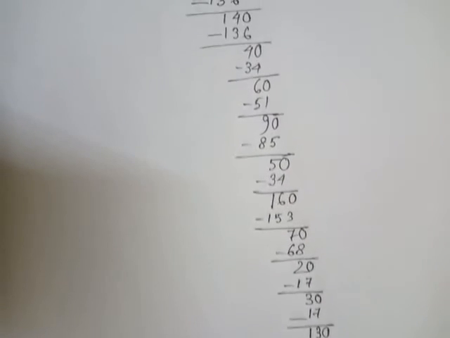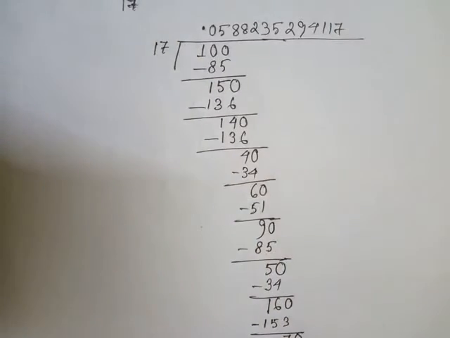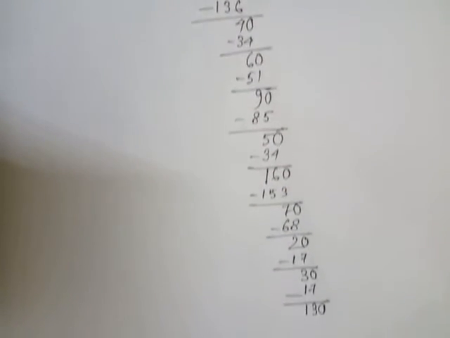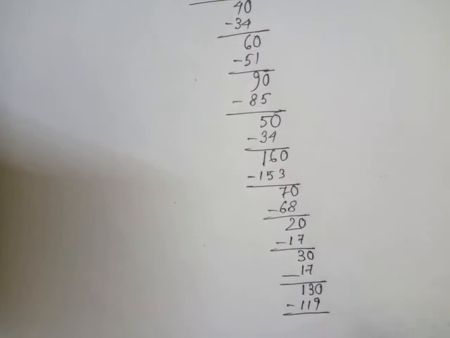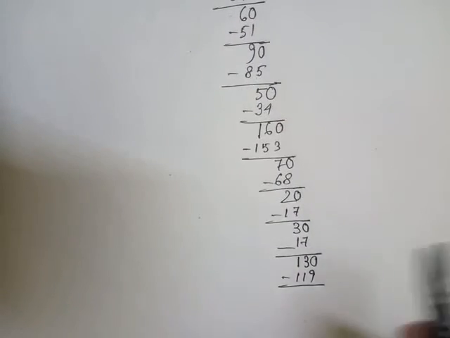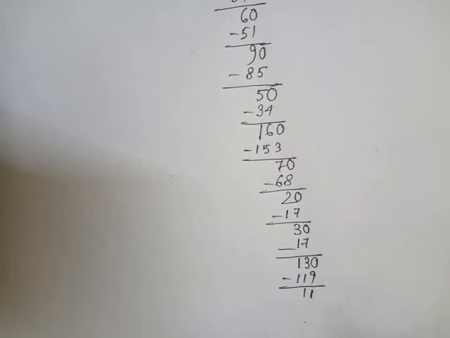So I will write here 17 into 7. So students, I will write here now 17 into 7, and the answer would be here 119. Now go for the subtraction. 10 minus 9 is 1, and if we carry 1, then here is 2. 2 minus 1 is 1. There is 1 again. Now since there is the decimal point, so 10 will be here.